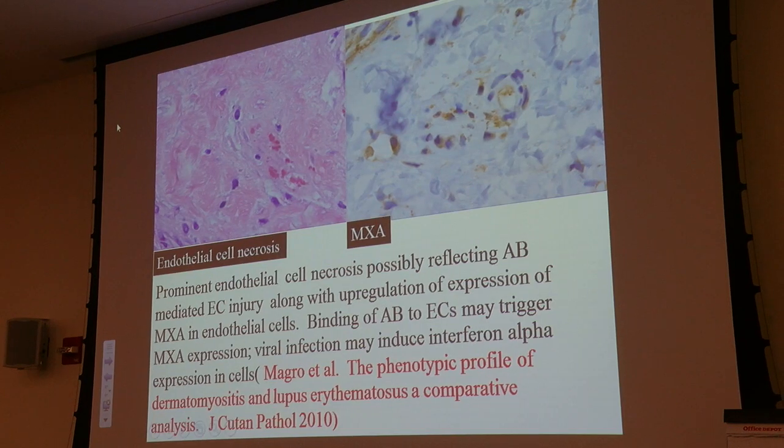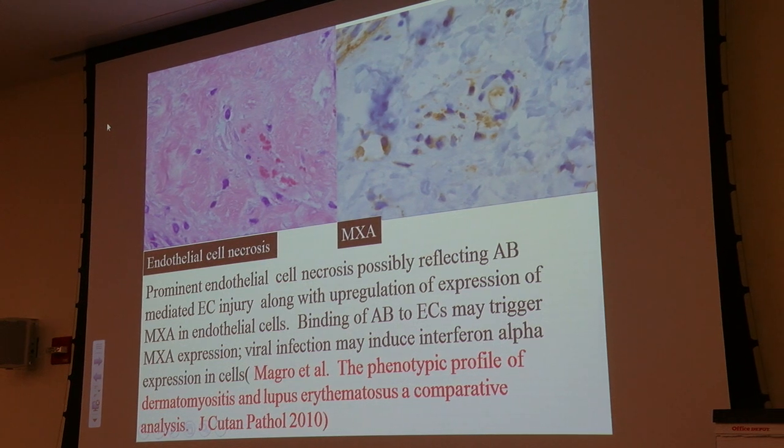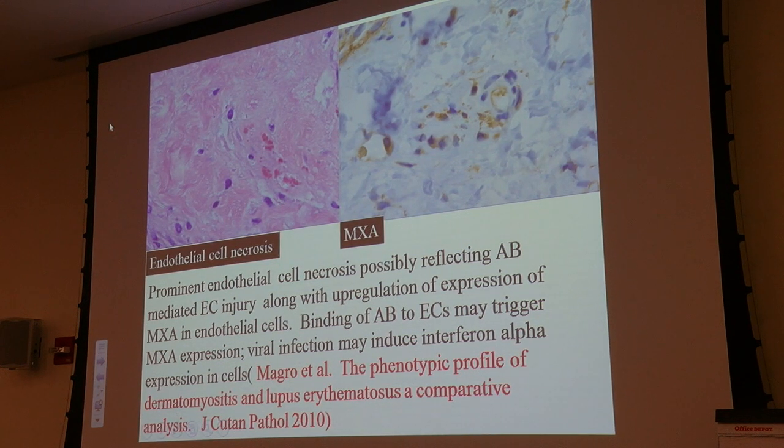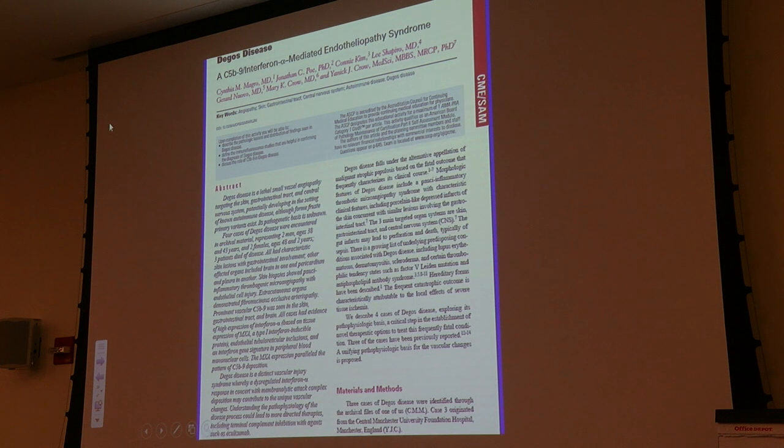And we found that in dermatomyositis, including Degos disease-like presentations of dermatomyositis, there was this very strong upregulated MxA signature in the endothelium, and somehow the microvascular injury with this endothelial cell necrosis was linked with this enhanced type 1 interferon microenvironment. And so this whole background ultimately led to this paper proposing that Degos disease is a C5b-9 mediated microangiopathy associated